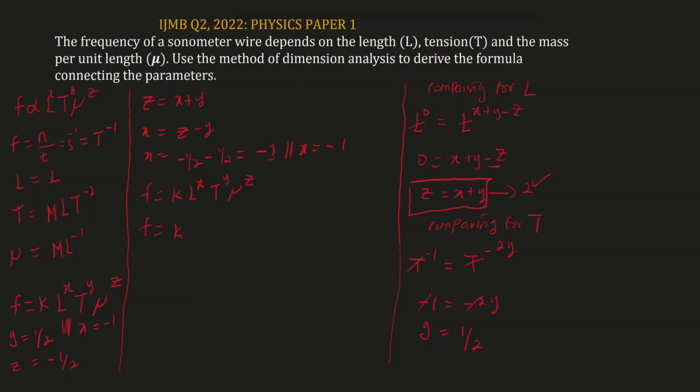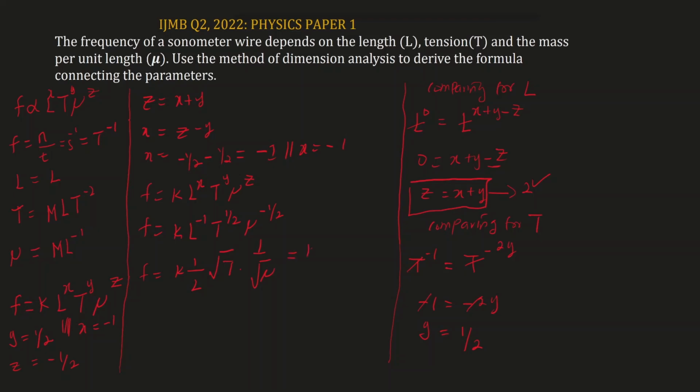So k, L to the power of negative 1, t to the power of y is half, then linear density is negative half, which means that f equals k, L to the power of negative 1 is 1 over L, t to the power of half is the same thing as square root of t, then linear density to the power of negative half is the same thing as 1 over square root of linear density, which we can